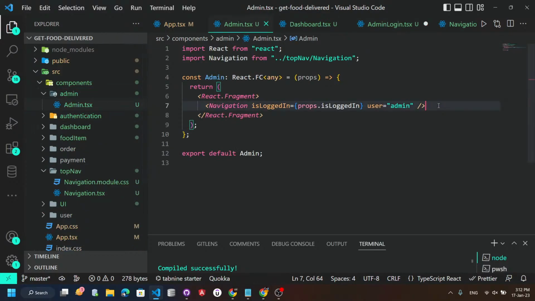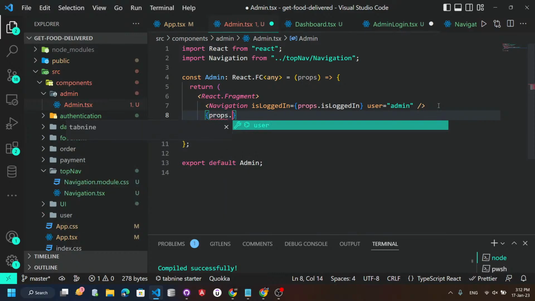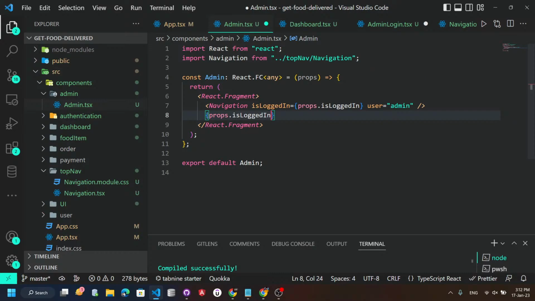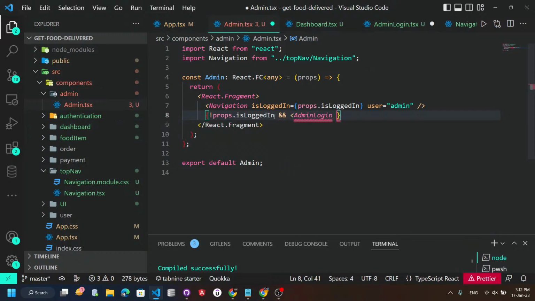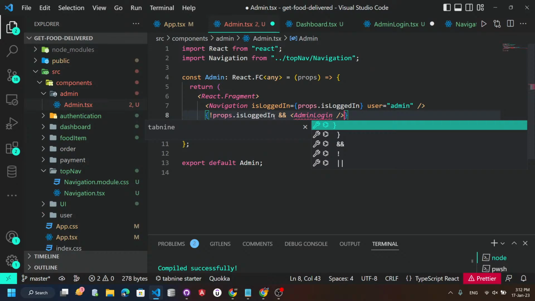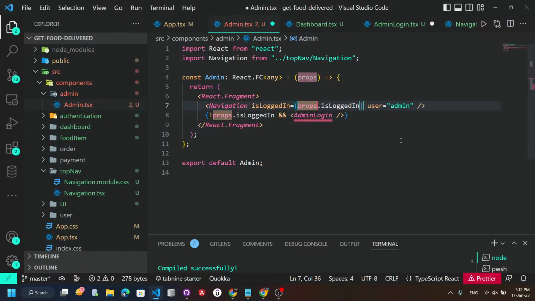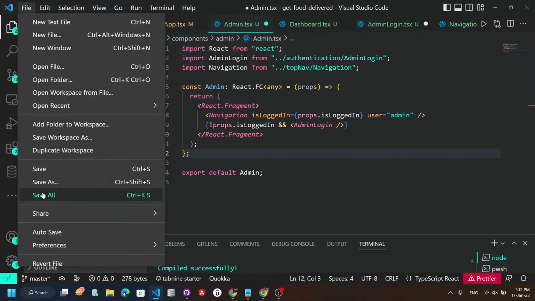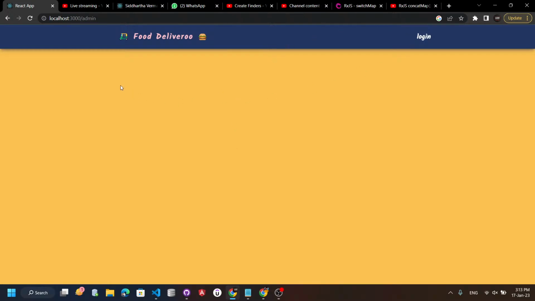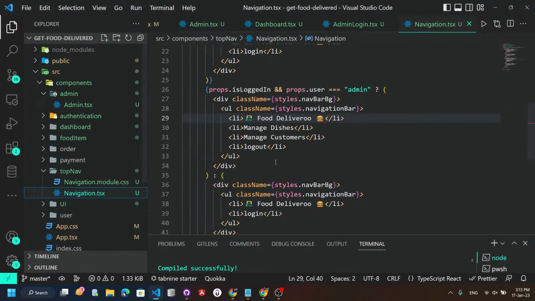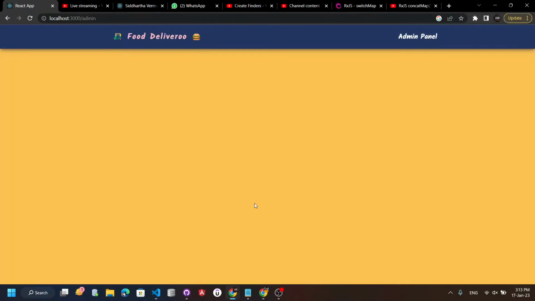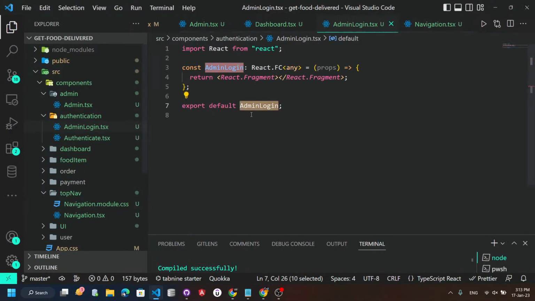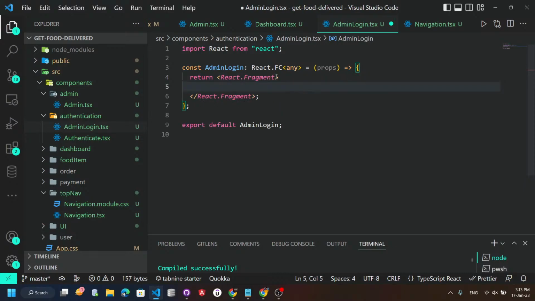अब AdminLogin मैं एडमिन में ही यूज करने वाला हूँ, because यहाँ पे ही मुझे वो पेज दिखाना है। तो मैं अभी लिखता हूँ, अगर मेरा props.isLoggedIn true नहीं है, ठीक है, अगर ये true नहीं है तो means, मैं यहाँ पे ये चीज को दिखाने वाला हूँ। और अब इसको भी मैं यहाँ से क्विकली इंपोर्ट कर लेता हूँ। तो जब मैं यहाँ पे सारी चीजें सेव करने की कोशिश करता हूँ, तो यहाँ पे कुछ मेरे पास हम एडमिन पेज है, एडमिन पेज में, when we are on admin it should be admin panel, ओके।